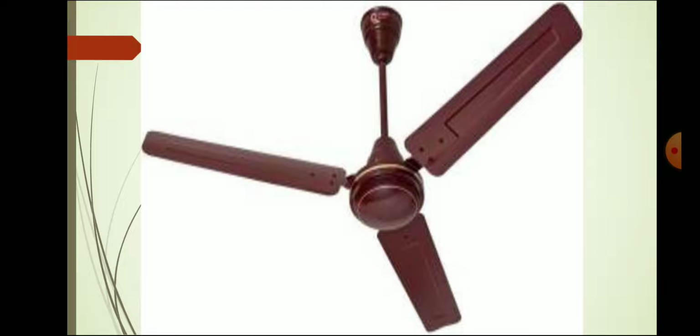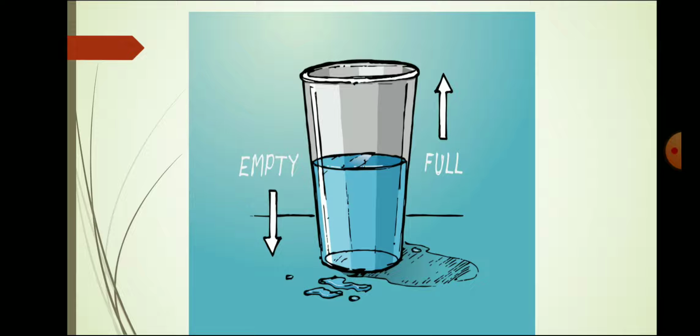Second example, a fan. Lie below the fan. As the fan is moving, its blades move in one direction and give air to the person below it, as well as spreading air throughout the room. Now take one glass half filled with water. Same procedure: hold it in your hand and move it in a circular shape. The water will move inside and will try to come out.